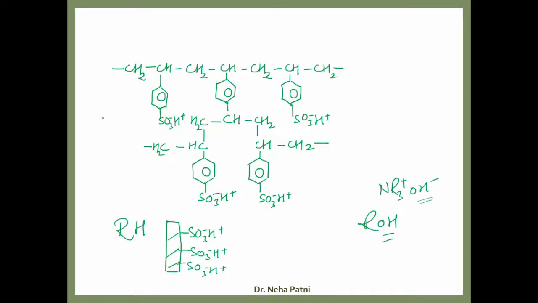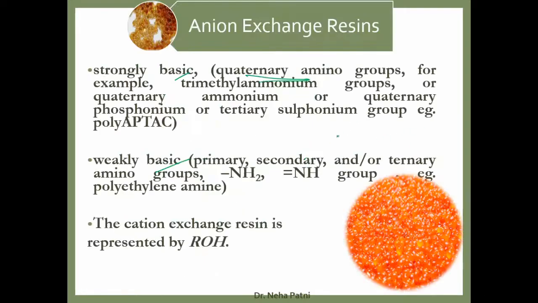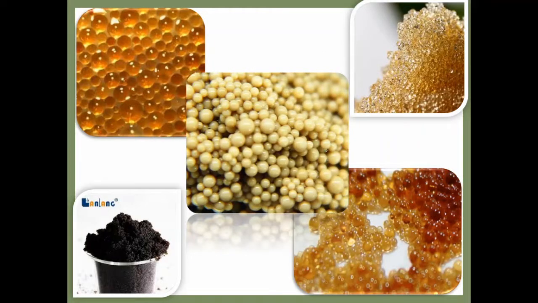So if I would like to draw the structure of ROH, R remains the same, styrene divinyl benzene copolymer. What I have to change only is this functional group, which is written at the 4 positions here, right? So you just have to write NR3 plus OH minus here, and like that. So it goes like this, and then you can simply say that now this is the structure of an anion exchange resin, which is capable of exchanging its anion. So I think now you are able to understand that it's very simple to denote RH and ROH.